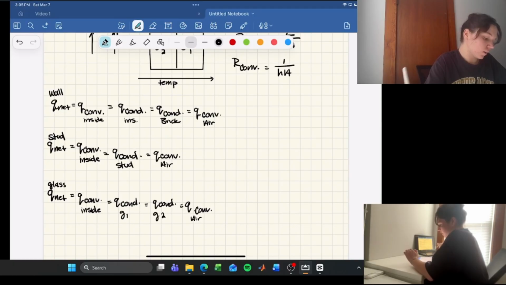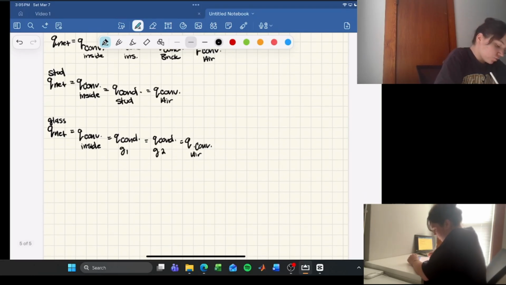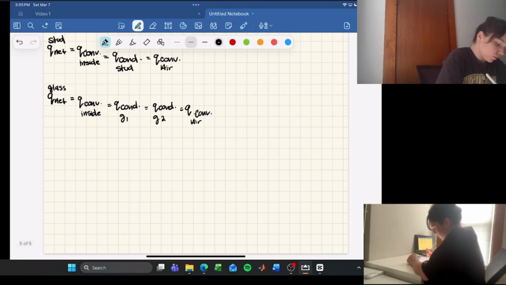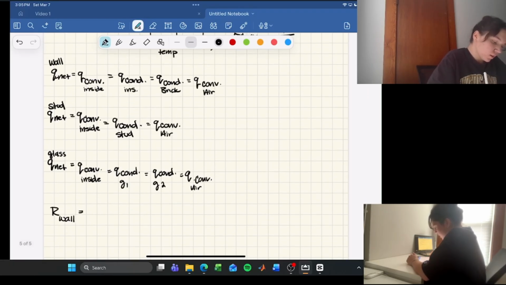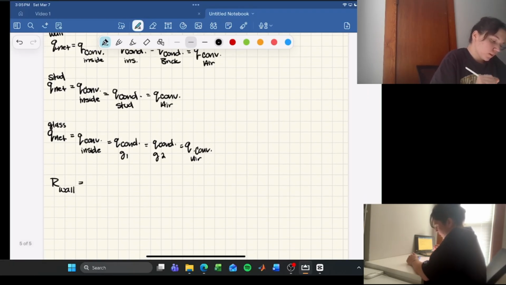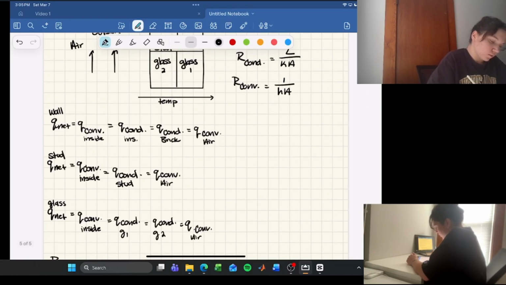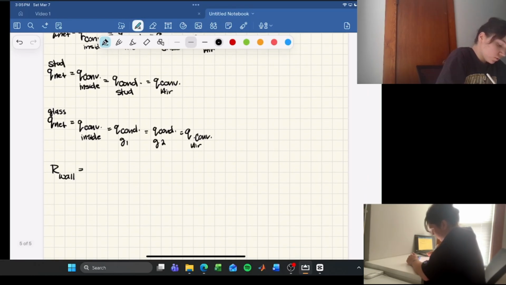So if we want to find the total resistance in series, we just add those all up. For the wall, the total resistance in series is going to be convection from the inside, which is 1 over the heat transfer coefficient times the area of the inside,